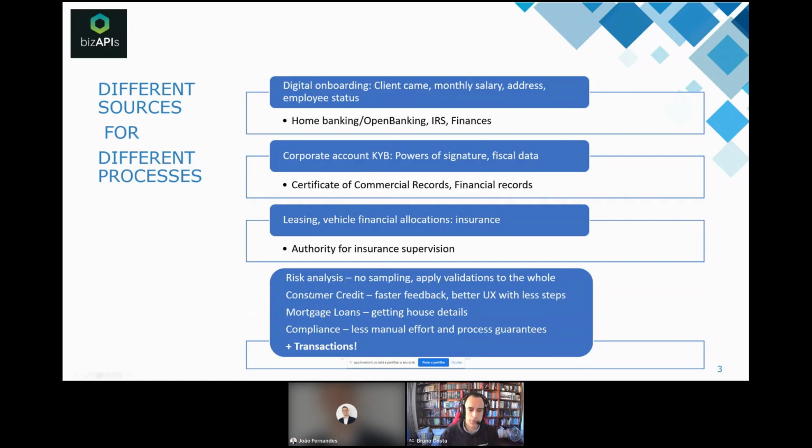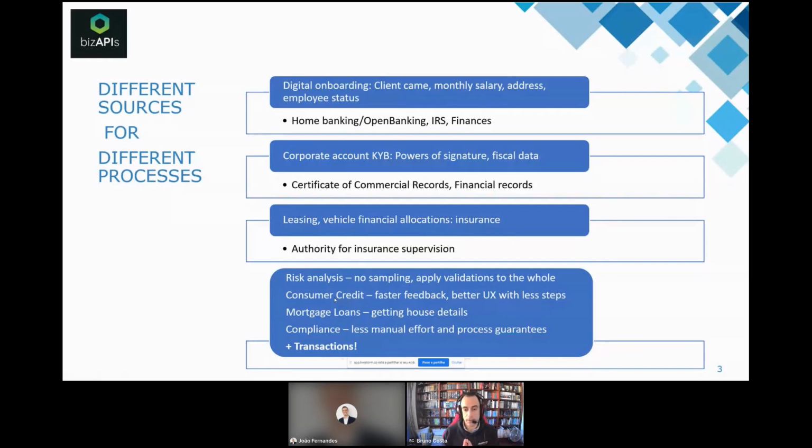For consumer credit, one of the main aspects relating to digital onboarding in this specific scenario, but also not only for banks but other institutions, is the UX, the interface. Everybody knows that nowadays everybody's trying to get things faster with less effort, so with a better user experience, a better UX, and asking the client to give us more information because you have to have it for compliance, for your risk analysis, for the definition of what kind of offer you can give the client, how much credit you can give, in which time, and so forth.